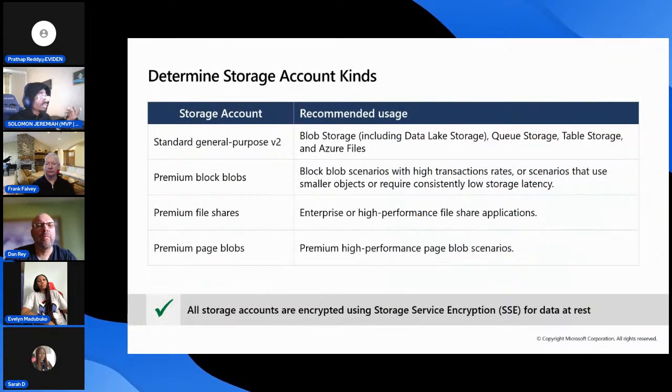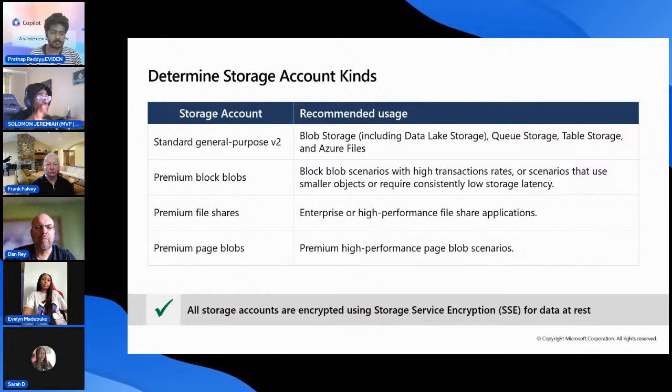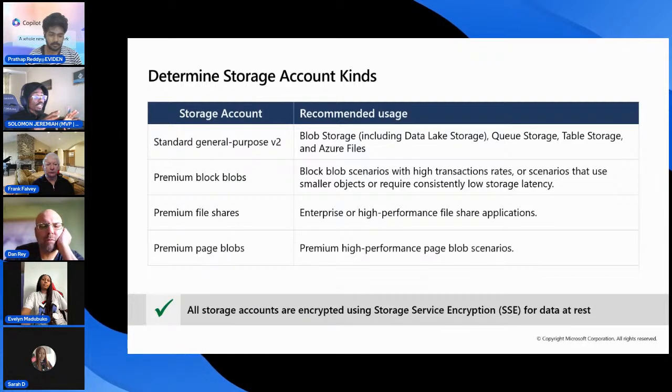So when we're talking about Azure storage, this is the part where we talk about the kinds of Azure storage. I will show you this when I open my Azure portal. When you want to create any of this storage that you're hearing me talk about, file share, blobs, and all of that,